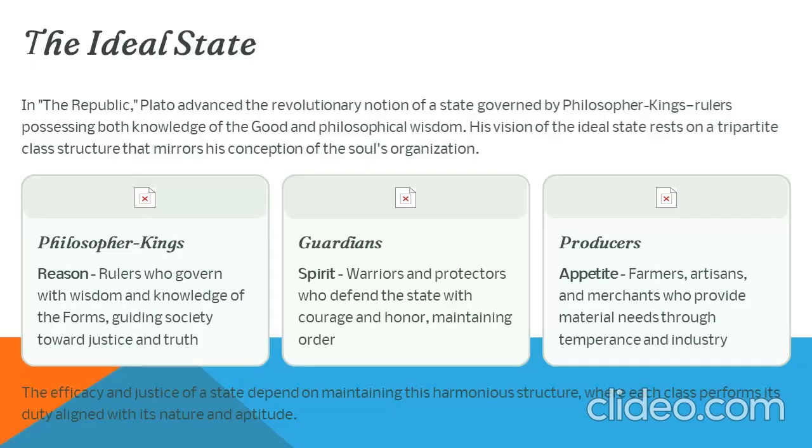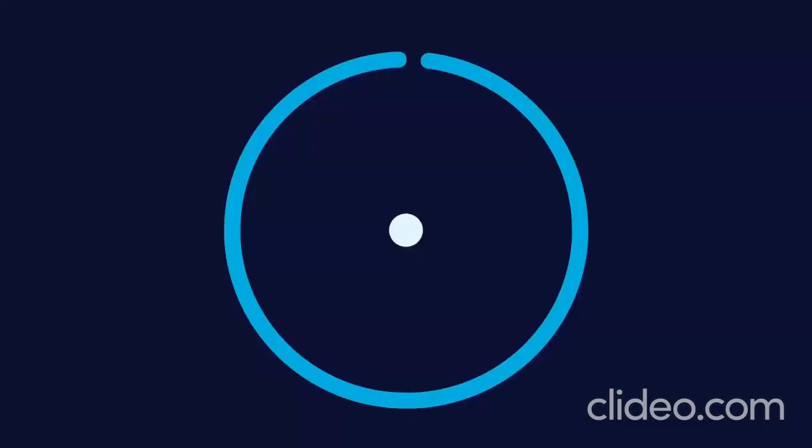Philosopher kings, reason: rulers who govern with wisdom and knowledge of the forms, guiding society toward justice and truth. Guardians, spirit: warriors and protectors who defend the state with courage and honor, maintaining order. Producers, appetite: farmers, artisans, and merchants who provide material needs through temperance and